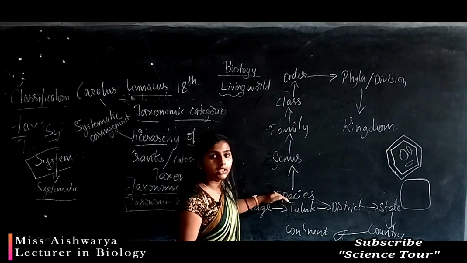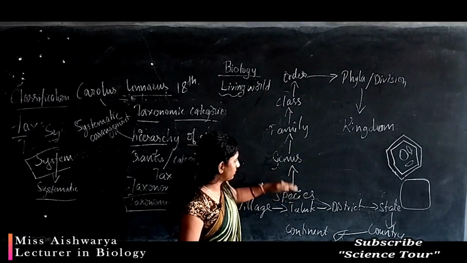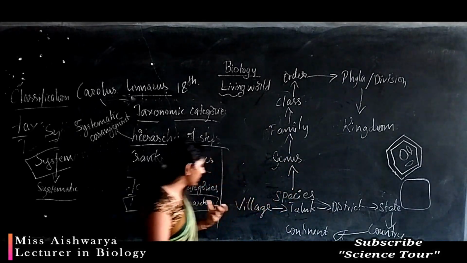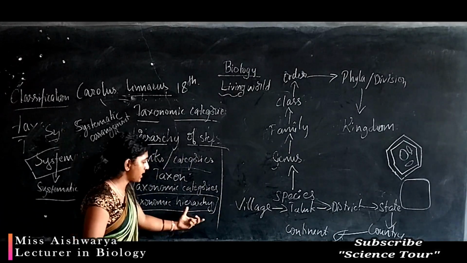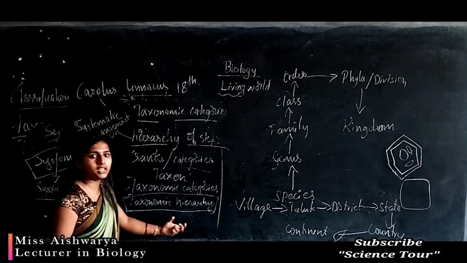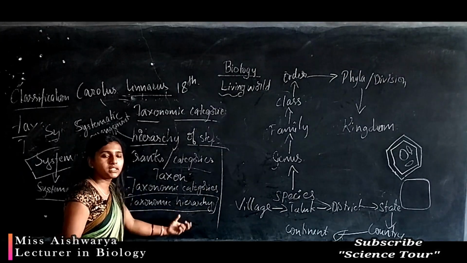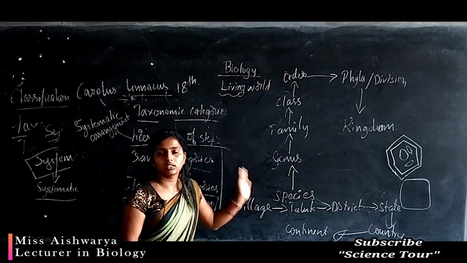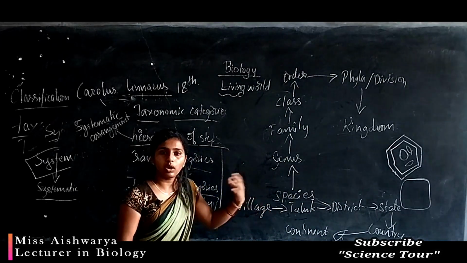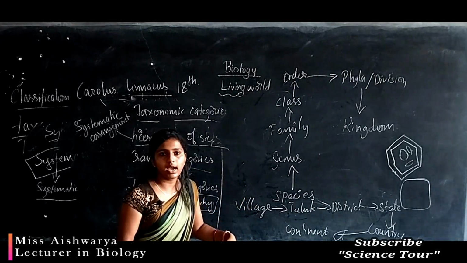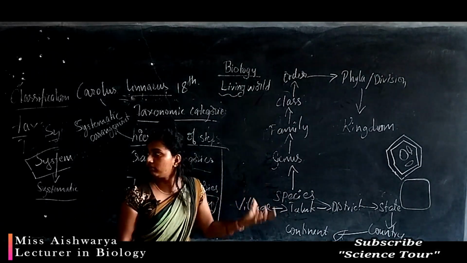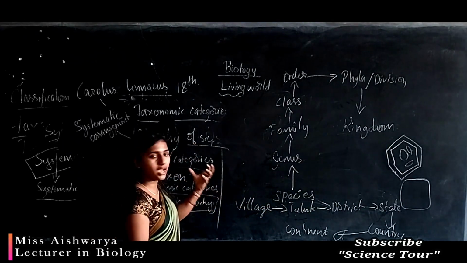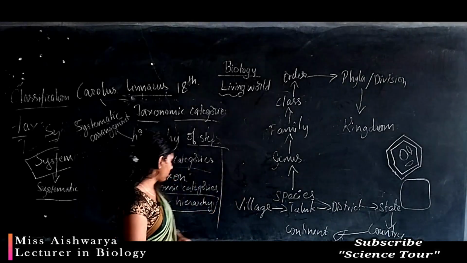So we should know first what are the characters included in this systematic arrangement that comes under the taxonomic hierarchy. That is nothing but the systematic arrangement of living organisms based on their characters. Here the entire classification system is based on their characters. Characters, you know, means how they look, how they are present inside, how they function, how they work. Those are all the important characters of a living organism. You have studied what is character in your lower classes.